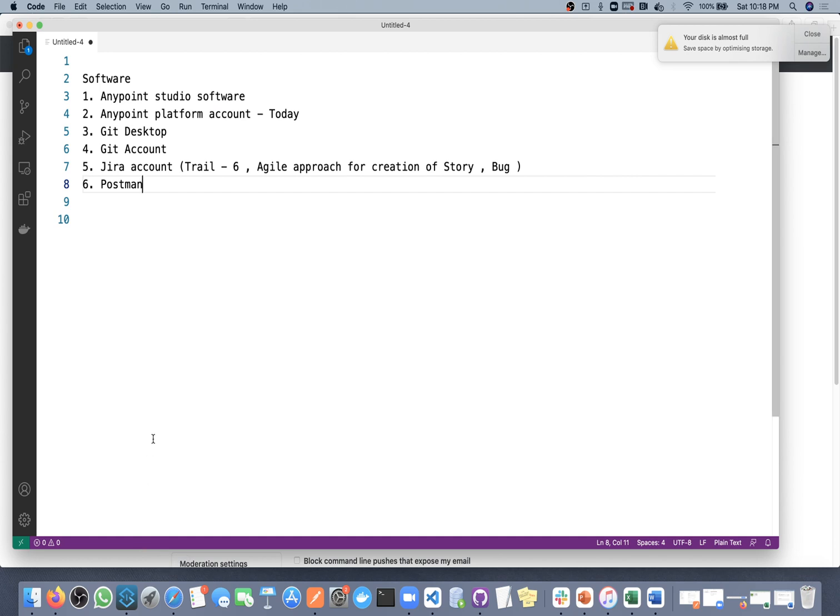Maven, actually, is a dependency tool, not software to test our API, if I am not wrong. Yes, that will be inbuilt. We don't need to install it. In a few cases we need it, but in this one, if you want you can install it.